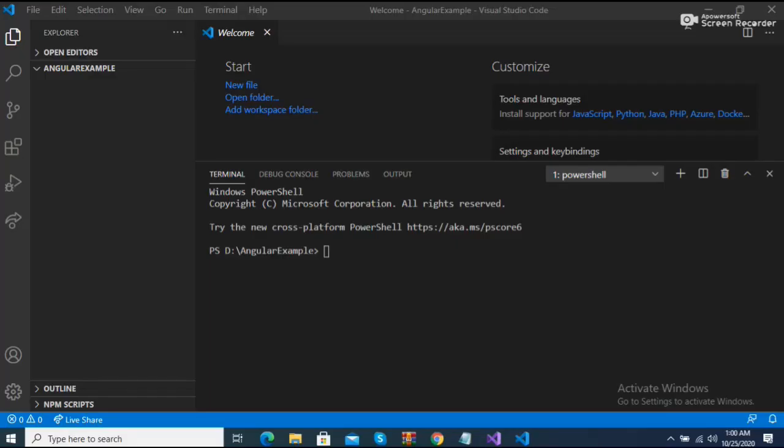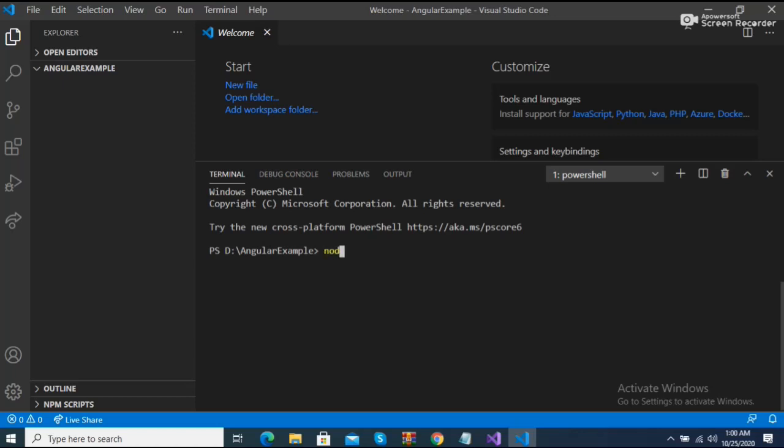After installing Node.js, we just need to check the version of Node.js. So how can you check it? You just need to type the command node, open the terminal. First of all I just need to tell you something. I created an Angular example, and previously we worked on the web API, so we clearly created a web API project in ASP.NET. So in the next step, we just need to create an Angular application.